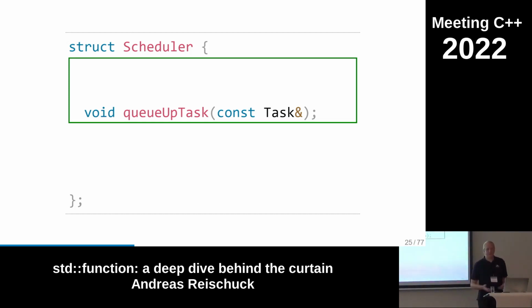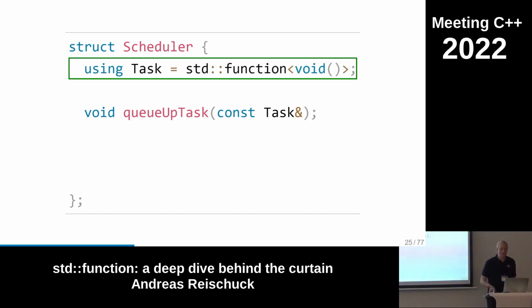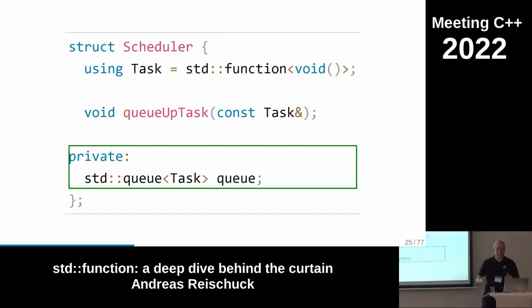How do we define the task here? The simplest implementation for that is to simply use a standard function, because the scheduler itself doesn't care what this function does. It only has to capture it once when you queue it up, and later has to execute it. And all the parameters that the task would want to work on, it should capture by itself. Then, for example, we have just a queue where we queue up all the tasks, and then later we have a thread somewhere requesting, is there a task for me, give me that, and I execute it on